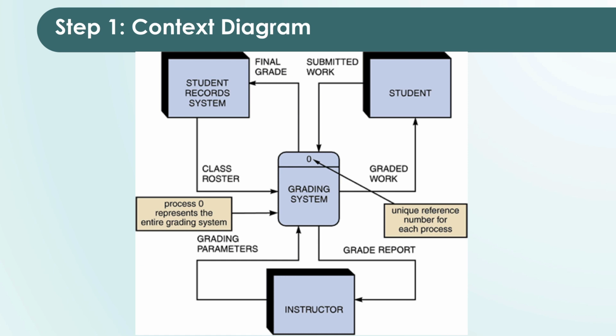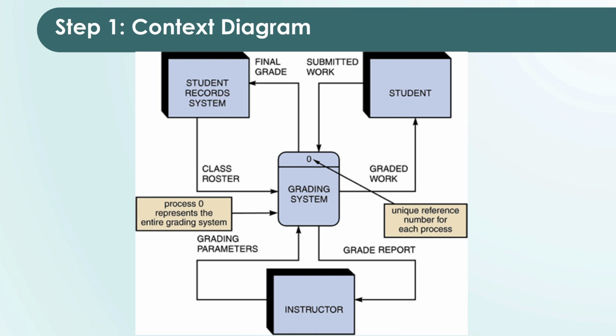Okay, next you have to place the system entities around the perimeter of the page. So you place all of the external entities around the grading system process, and then you use the data flow symbol to connect all of the entities to the central process. So how are you going to